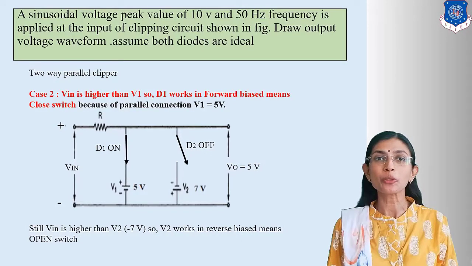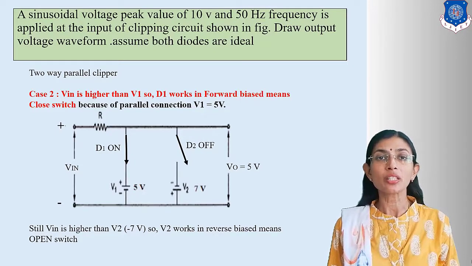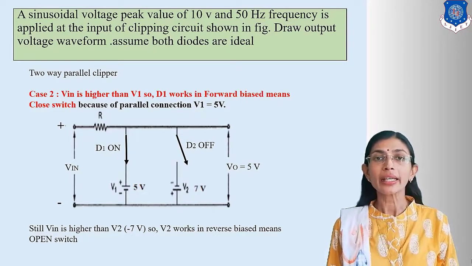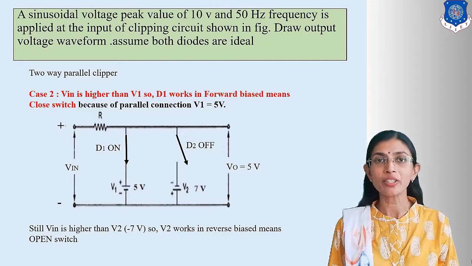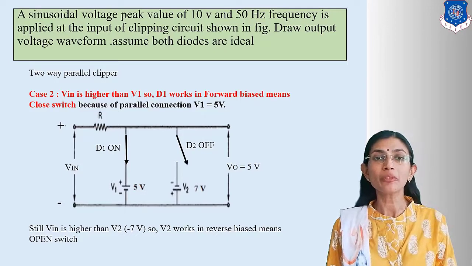Let me discuss case 2 for positive half cycle, when V input becomes higher than V1. When input is more than V reference 1, D2 is always reverse biased for positive half cycle because its direction is NP, and D1 is short circuited, it conducts. If D1 conducts, it behaves as a short circuit, and finally we will have the output 5 volt constant, because the 5 volt battery is connected in that parallel branch and D1 is already a short circuited closed switch. So we will have the final output VO equal to 5 volt constant.